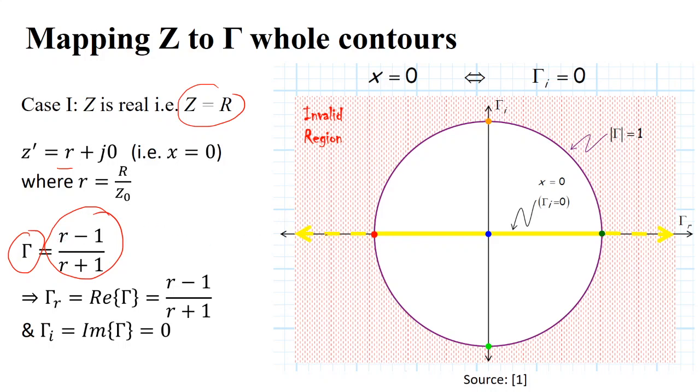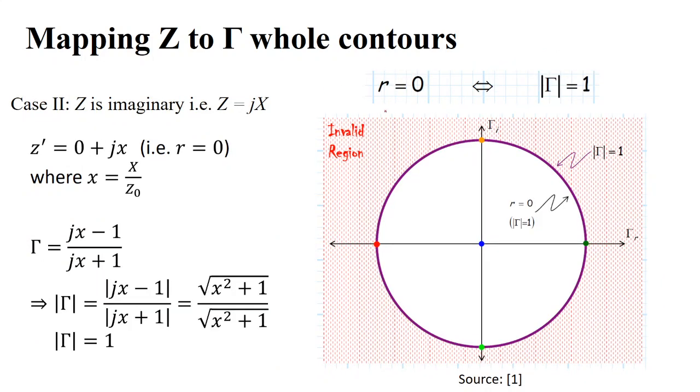So we are certain that this will lie on this axis, because this is the imaginary line. So all the points will lie on this axis. Every point will lie here, depending on the value of R. So this is the line where all the loads are purely resistive. So this is a line where all the loads, the line impedance is purely resistive, and this is where the line is purely inductive. Okay. So X equal to 0 means that the imaginary part is 0, equivalent to this one.